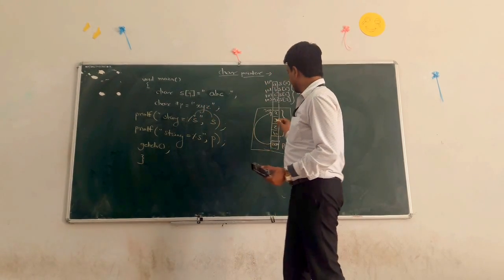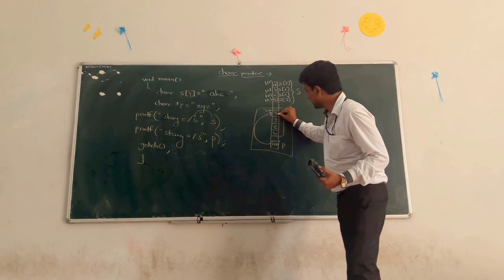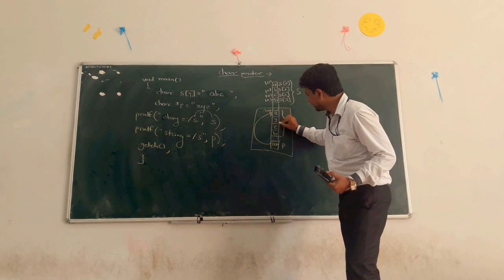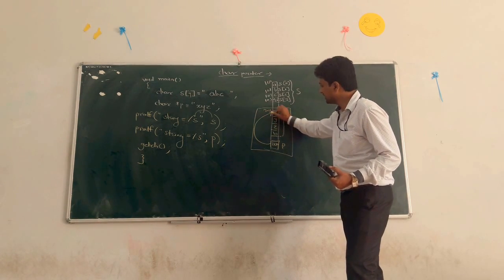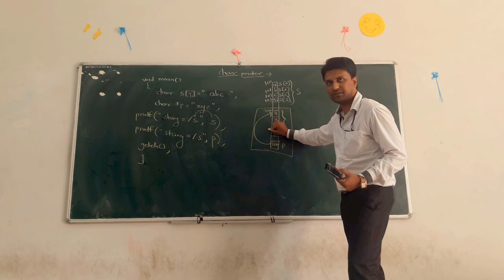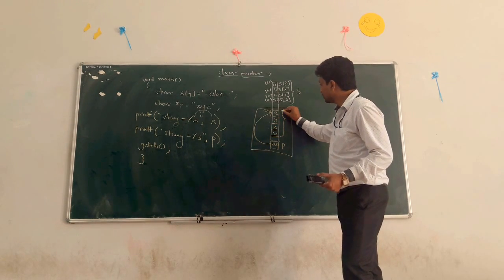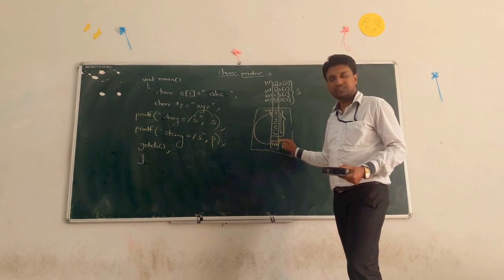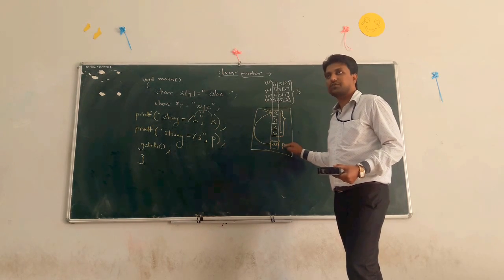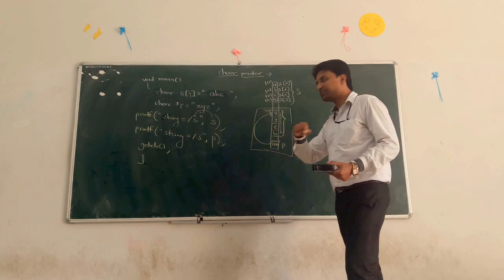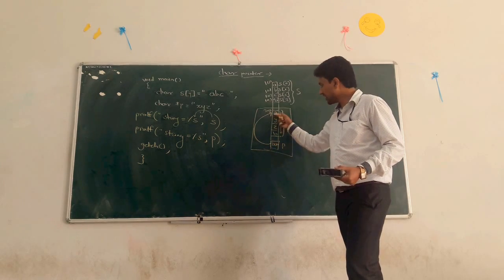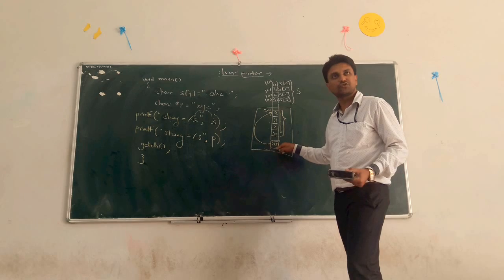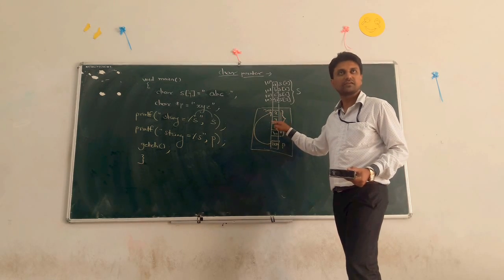Also, these locations x, y, z, which are allocated by the p pointer, do not have any logical name. Physical addresses are present, 200, 201, like that, but there is no logical name. We can access the string by using only the pointer type of variable, and if the reference becomes null, then we cannot access this string. Now here p contains the address 200, so we can access that string.